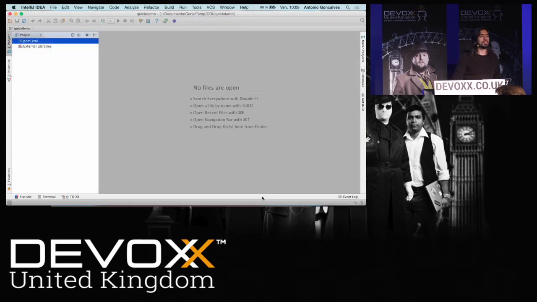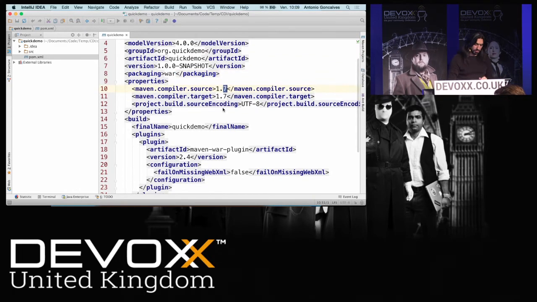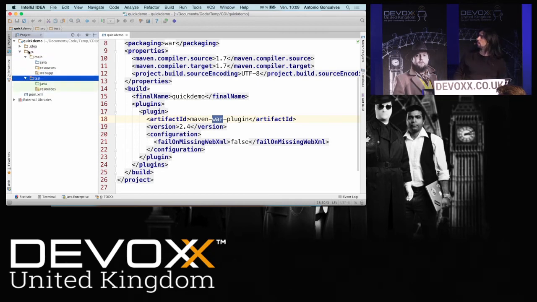So by default, it still comes with Java 1.7. This command has created a pom.xml because I told it to use Maven. By default, it created a war, but again, there's plenty of options, and I could tell it to create an EAR or a jar. And because it's a war, by default, it's Java 1.7, and there's even the Maven war plugin installed. And I have a Maven directory, which is empty at the moment. So there's not really EE stuff there.